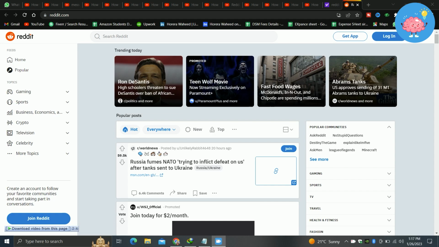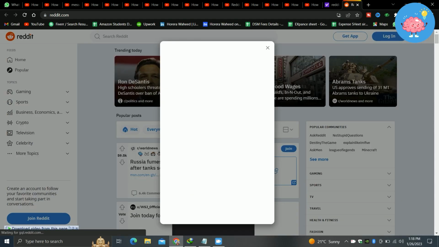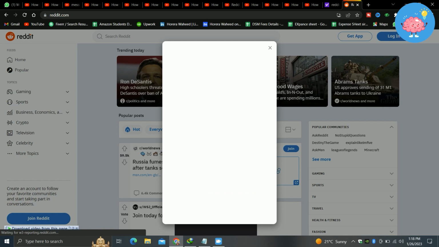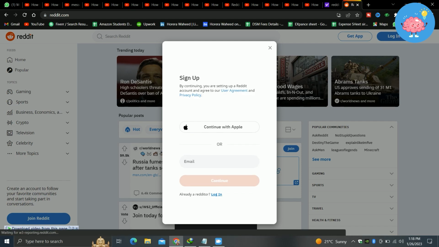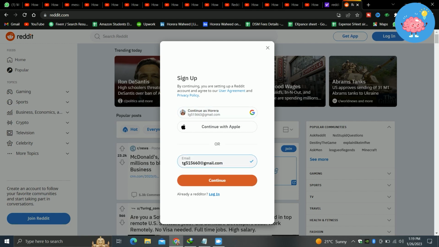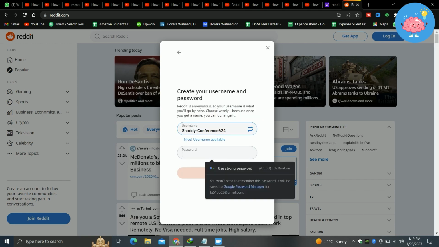So just go to reddit.com and tap on this arrow icon. You will see this window will pop up for you. Just tap on the last option, log in and sign up. Now from here in the end you will see this new to Reddit. Tap on sign up and you have to enter your email that you want to use on reddit.com. Click on continue. Now you have to create a password, and after creating password you have to tap on this